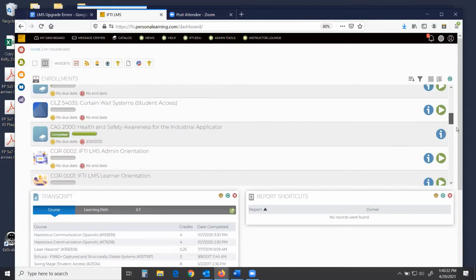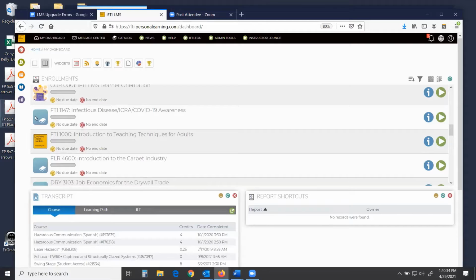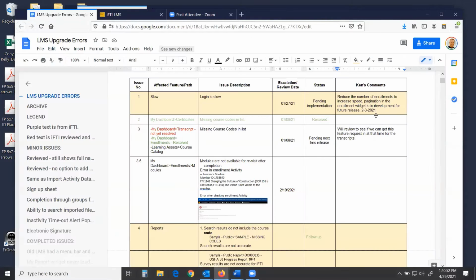Well, each one of these tiles or icons has to contain the due date, the expiration date, your progress, how far along you were, all the data behind that, and it has to build all that every single time the page is loaded. So the recommendation was to limit the number of enrollments those people had.